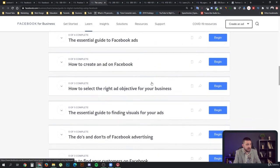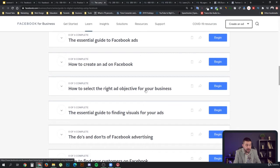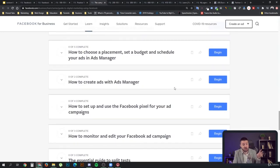And some of the things that they would teach you here, like how to select the right objective, studying that from Facebook is not good because you want to learn it from people who actually tested and experimented. For example, we know that the conversion objectives work much better than the traffic objectives in most cases, and here they will teach you otherwise. You don't want to be doing this to yourself,